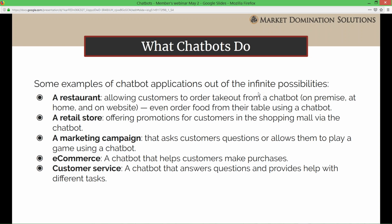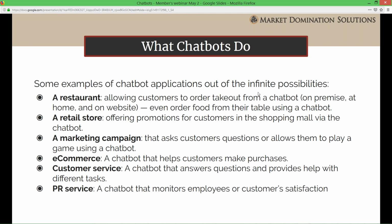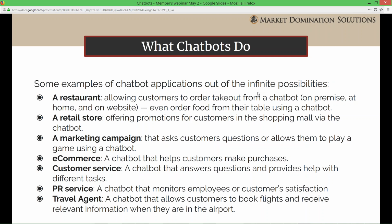Customer service, questions and help with different tasks. PR can monitor whether or not employees and customers are satisfied. And then you've got travel agents,